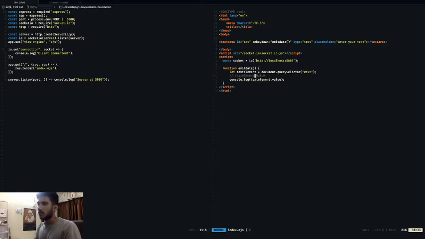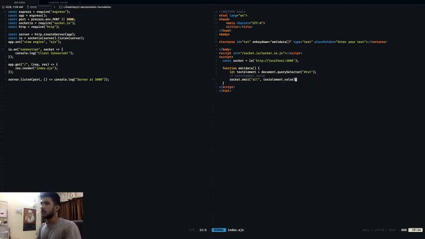So we want to send this to the server. How can we send that? We can use this socket variable here to send it to the server. So I would say socket dot emit. What would I emit? I need some kind of ID to emit. So I would say socket dot emit maybe all. You can call it anything you want, all, and I want the value to be text element dot value.